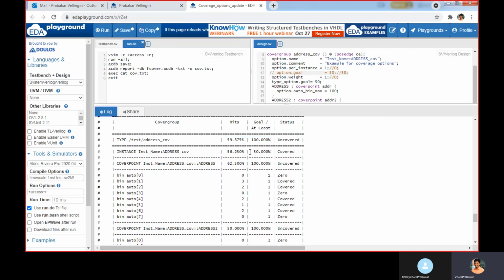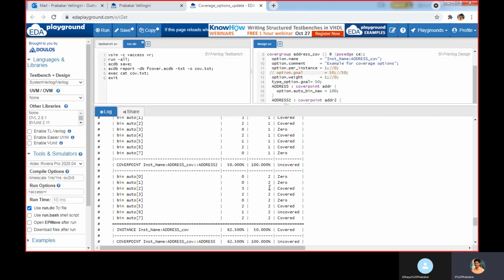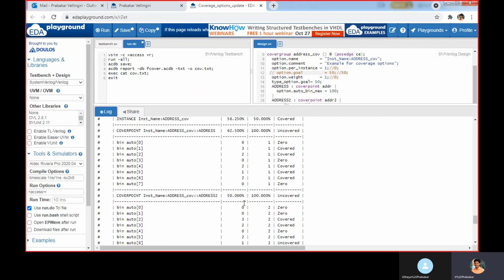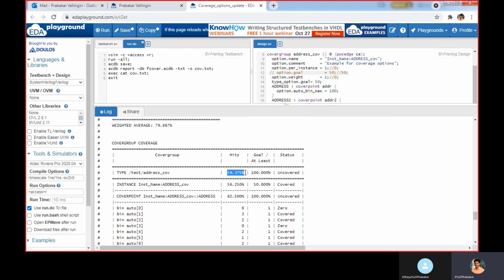My cover 1 is assigned as 50 and my cover 2 is assigned as 50. But the average of my cover 1 and my cover 2 is not assigned. To make that 50, you should use type_option. If you use type_option for these types of instance, commonly it will assign 50.